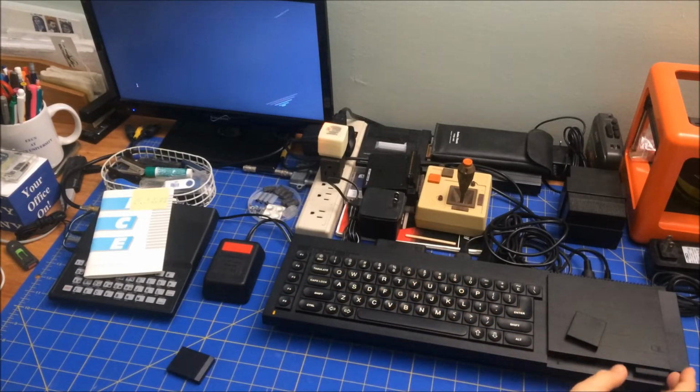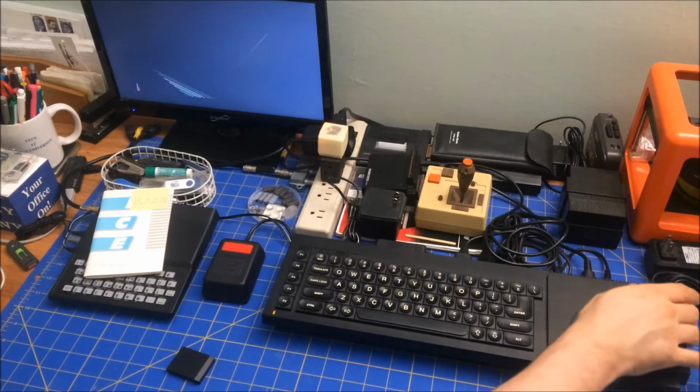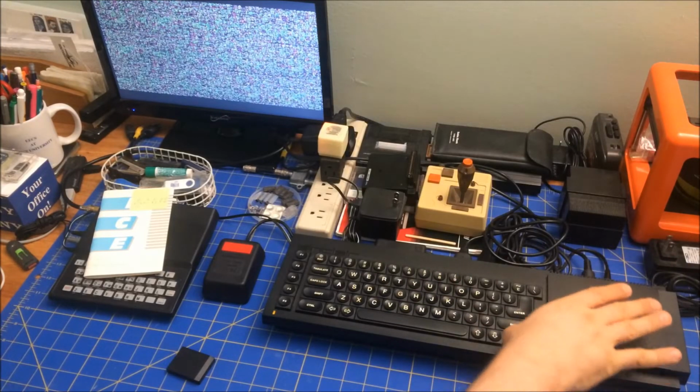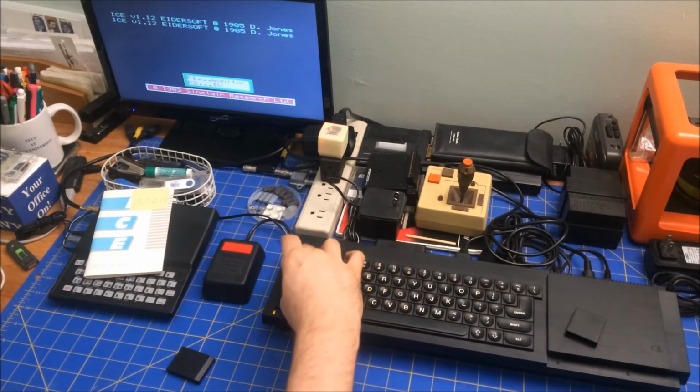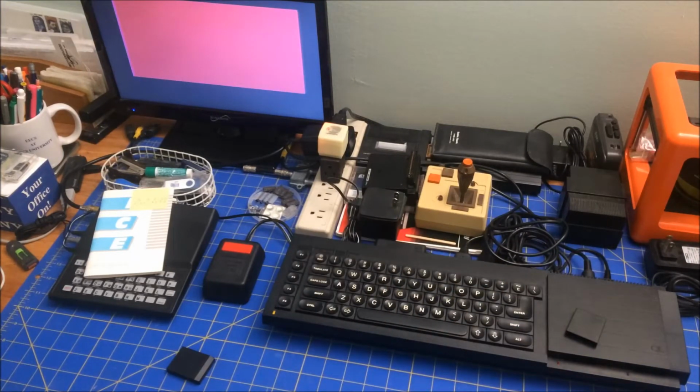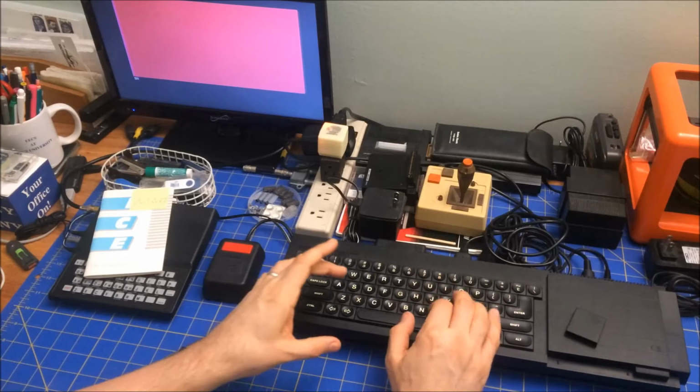So what I'll have to do is just reboot. If I keep the Alt key down, actually it'll avoid ICE for me. A trick I learned. So we can go right back in. Now I have about 80 some K left. But what I want to do